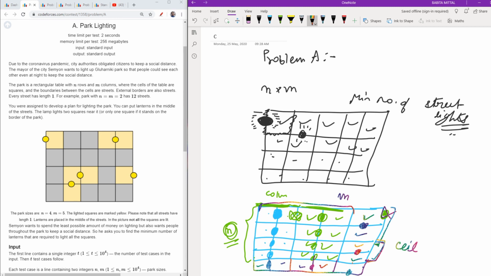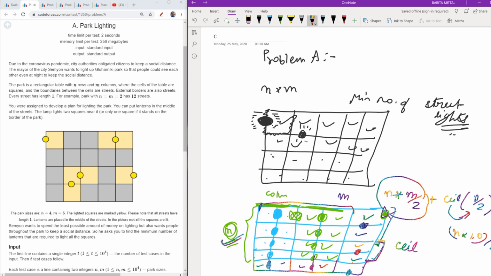So what I will basically do is have my n into m by 2, plus now the 1 is remaining. If m is even, only the answer here is sufficient. And if m is odd, then I will add the last n rows. Now how to add these? I will do the ceil of n by 2, and you know that ceil takes float input, so I had to do n into 1.0 by 2.